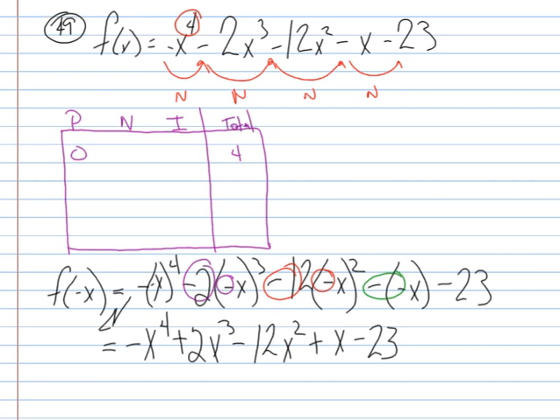Now I need to see how many times my signs changed. Oh, yes, it changed, going from here to here. Oh, look, we changed again, going from here to here. Oh, look, we changed again. Oh, look, over here, we changed again. So we had 4 sign changes. So therefore, for my negative ones,